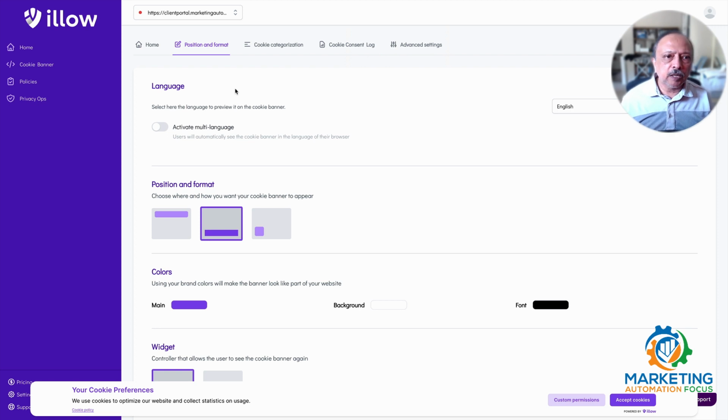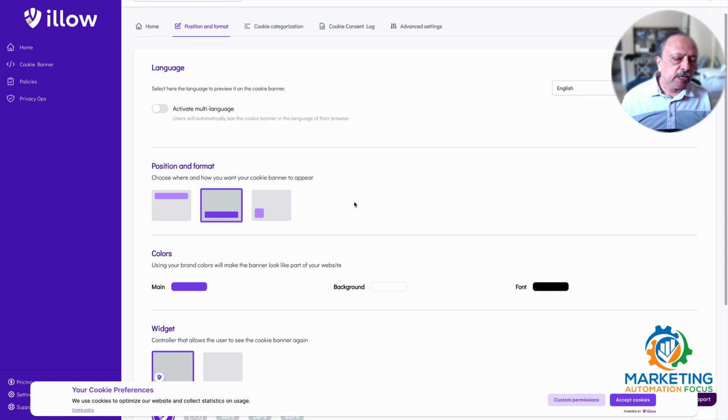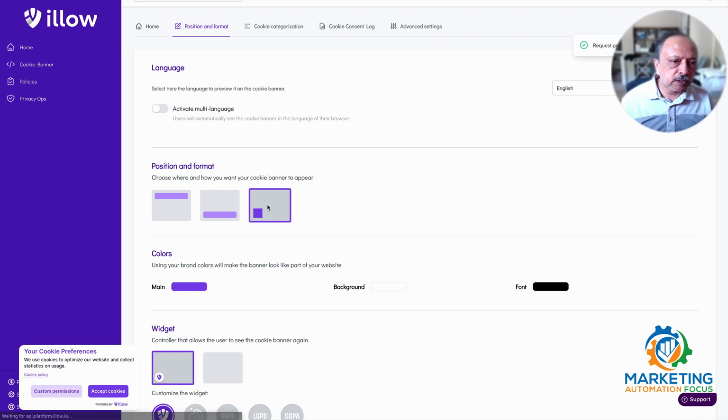So anyways, in my case, English is the language. Right now, the default is for the cookie banner to show up at the bottom of your website page. You can select either one. This is the one that iubenda is using on their website, and it's popping up even within their app. And I can click